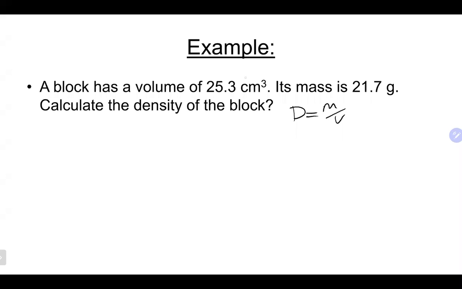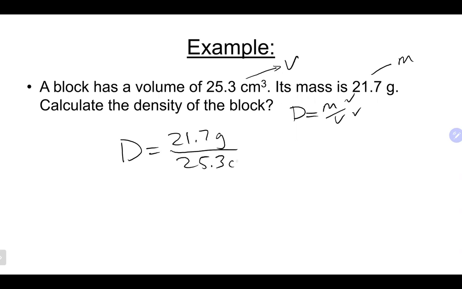We have cubic centimeters, which is a volume. We have 21.7 grams, which is a mass. So clearly here we have both of the things that we need. So the density in this case would be 21.7 grams divided by 25.3 cubic centimeters, giving us a number of